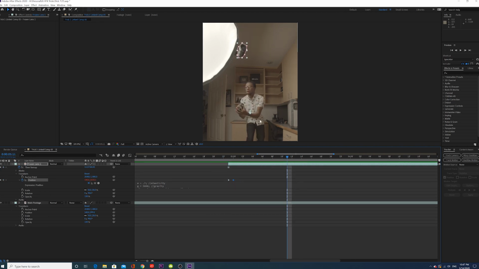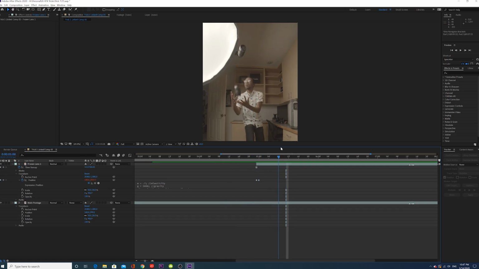So you see how it bounced a little bit. That just makes this lens look more realistic. It doesn't look like a cutout of a still frame. It actually looks like it's in the scene because it's bouncing. It just looks more real. So what I'm going to do is the same thing with